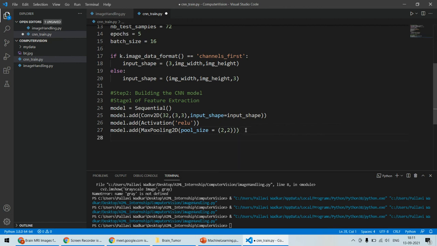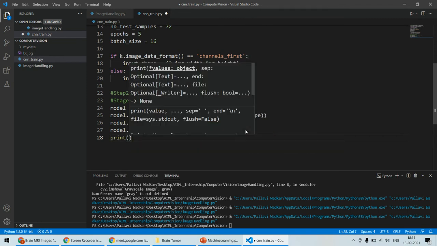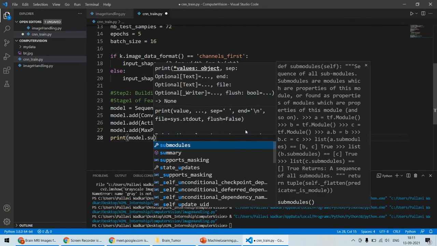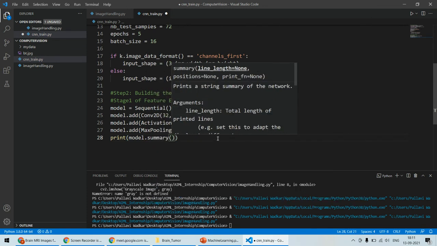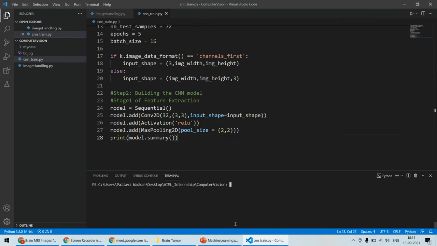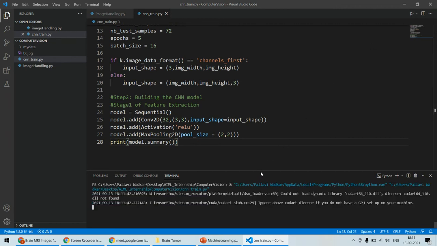आप इस मॉडल को देख भी सकते हो कि इसके अंदर क्या क्या है। तो वो सब करने के लिए यहाँ पे सिंपली प्रिंट लिखना होगा, और यहाँ पे आप प्रिंट करो model.summary() फंक्शन। ये जो समरी है, वो मॉडल का समरी प्रिंट आउट करके दिखाएगी। तो इसको मैं यहाँ पे क्लियर कर देता हूँ, और अब हम देखेंगे कि ये जो मॉडल बन चुका है उसके अंदर क्या-क्या चीजें आ चुकी हैं। तो लेट्स ट्राई टू रन दिस एंड विल सी कि मॉडल के अंदर अब हमारे क्या-क्या है।